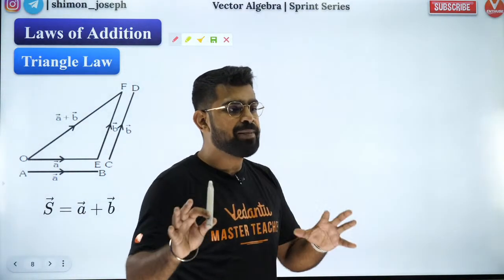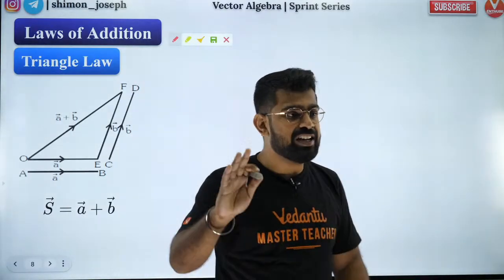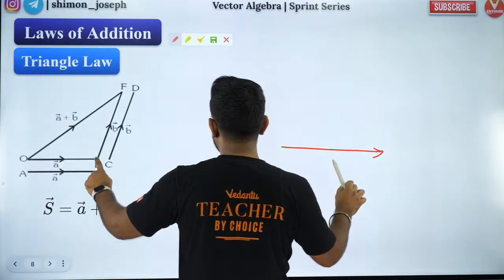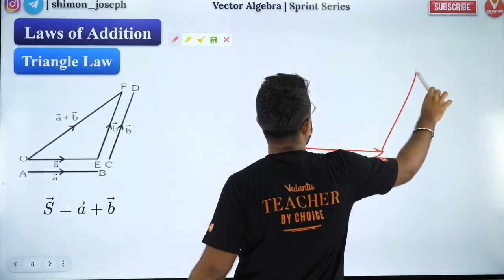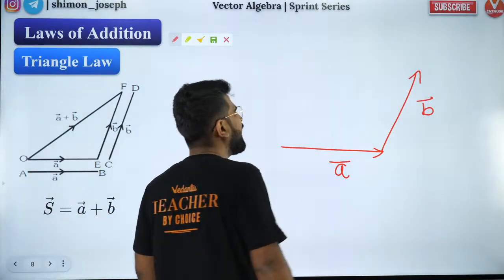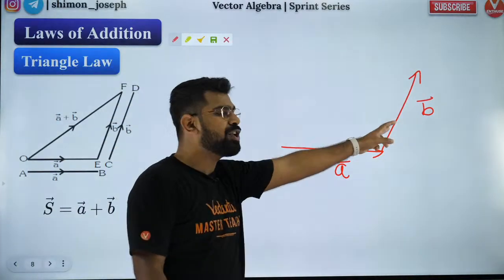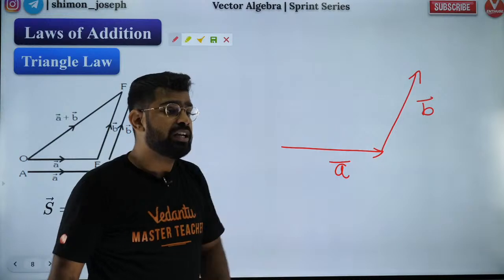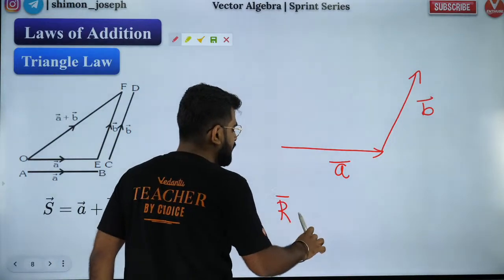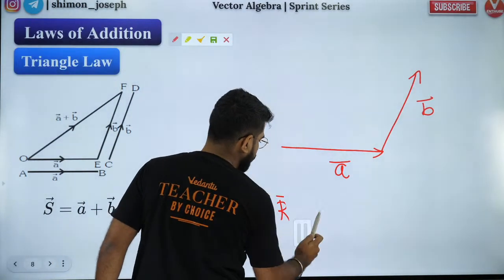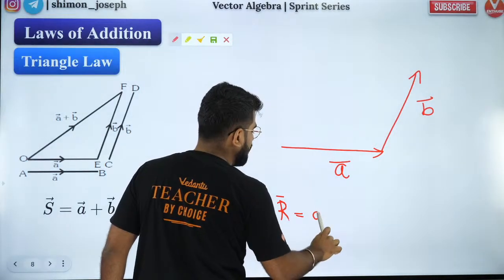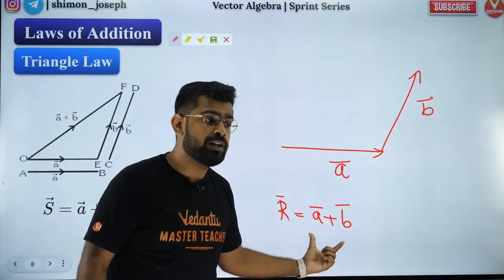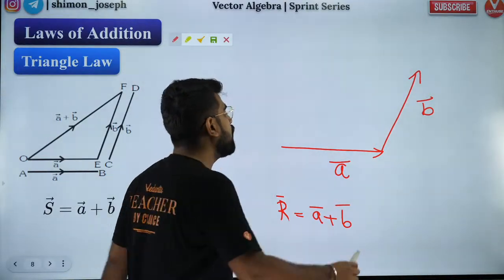Perfect. So people, let me go to triangle law of vector addition. Listen carefully. So we use that when you have two vectors. Let's say you have a vector A and you have a vector B like this. So if two vectors are given like this, you have A vector and you have B vector, then the resultant, when I say resultant, it is nothing but A plus B. Are you guys clear with that? When I say resultant vector, I am worrying about A plus B. So how will I find out A plus B? Which is nothing but the vector addition. So how will I get that?